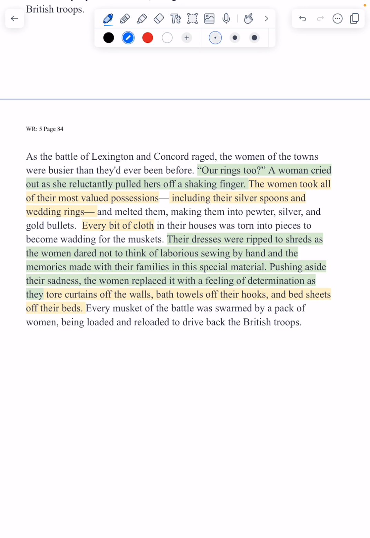So the first part I added was some dialogue. A woman is just talking to herself or to the other women, but I wanted to make sure that our reader understood that these women are helping, but it doesn't mean that they're not upset by what's going on. "Our rings too," a woman cried out as she reluctantly pulled hers off a shaking finger. Okay, I've added some detailed writing here with some adjectives,